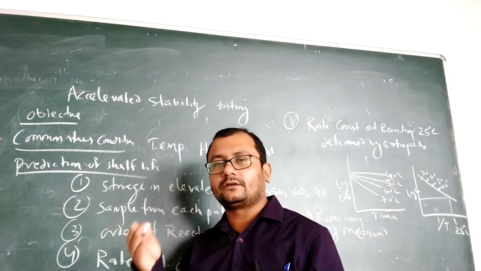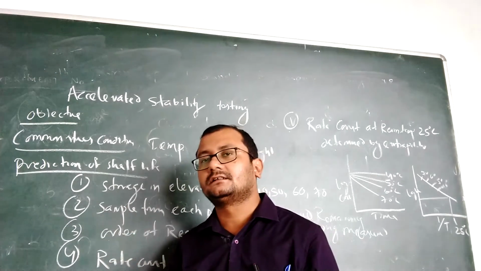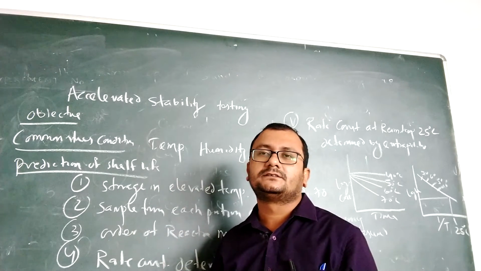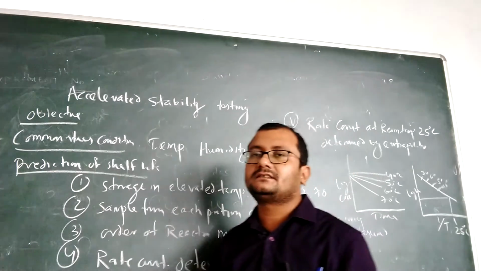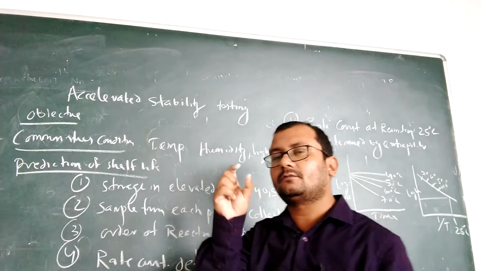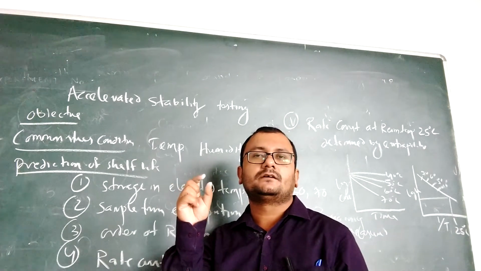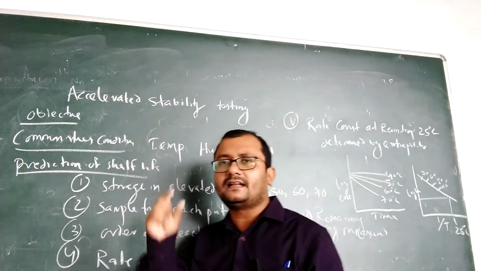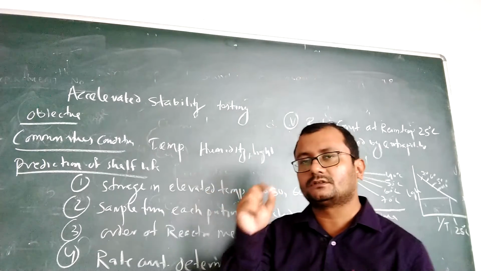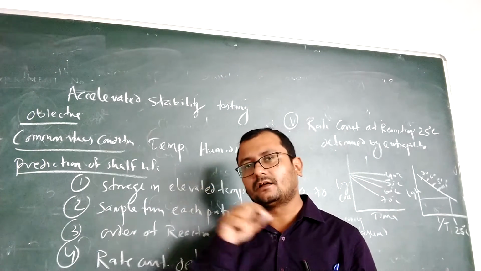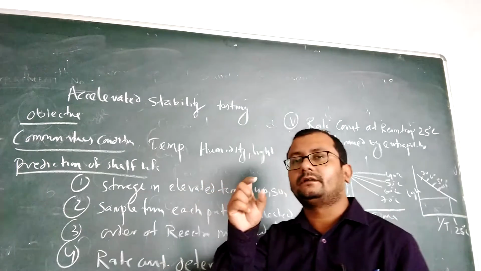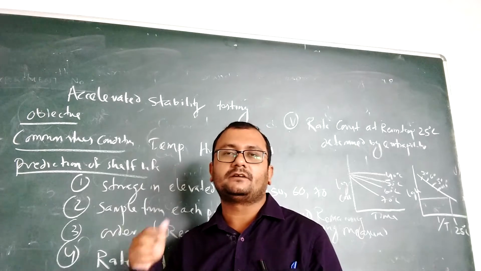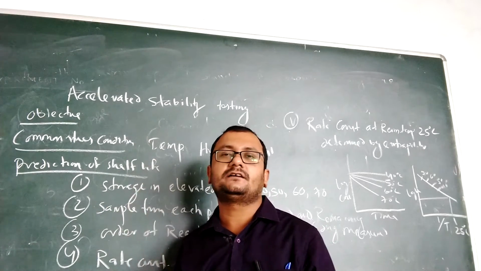When new formulations come to the market, they will be stored in different chambers to find out the expiry date. Generally, the expiry date of a particular drug dosage form may be 2 years or 3 years, or maximum 5 years. To find that out, we need to keep the dosage form or formulation for a longer period. That means to know its degradation or decomposition, we need to keep it for long days. It may be 2 years or 3 years to know complete decomposition.